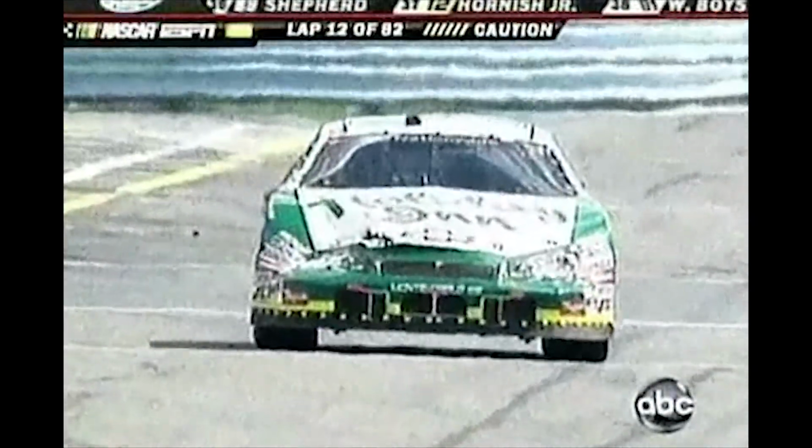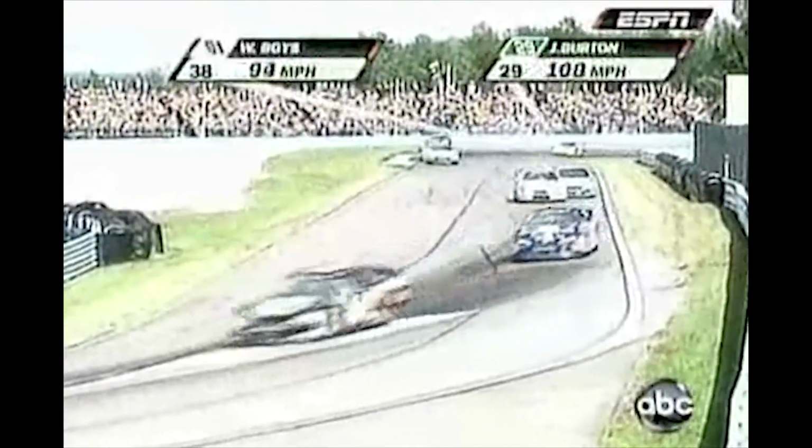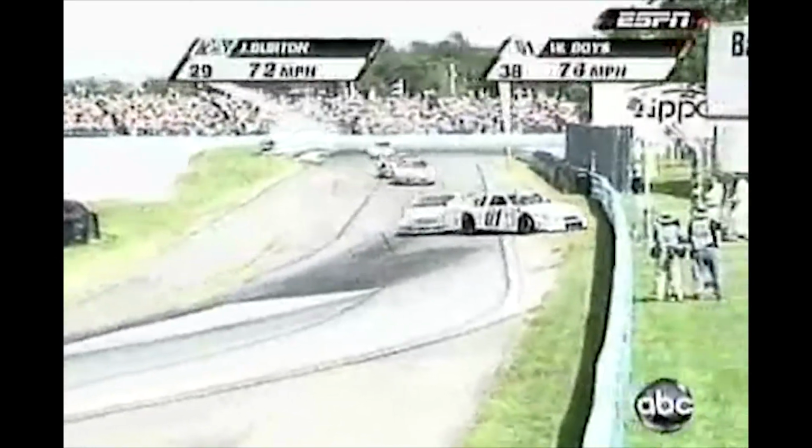Looks like he's going to catch a break here to get off pit road without losing a lap. Here's what happened. Contact top of your screen there, the 29 and the 01. Yeah, just a little miscalculation right there. And you're racing some of these guys, you don't really know where they're going to back off. Yeah, Jeff had gotten a run and was going to try to get to the inside before they got to that last corner coming to the